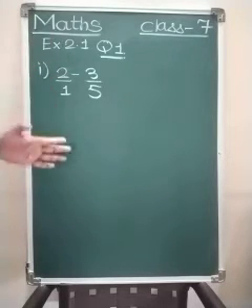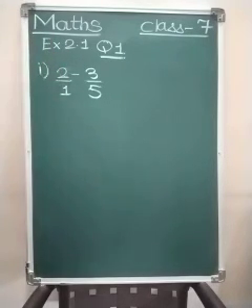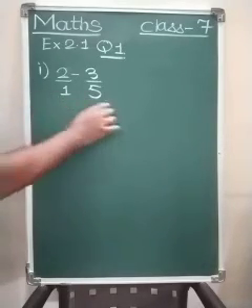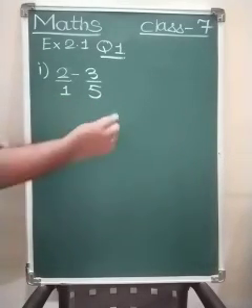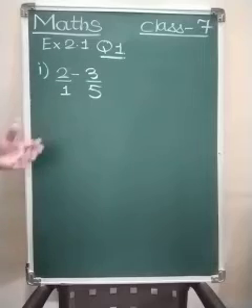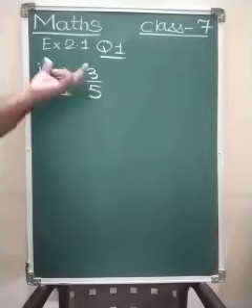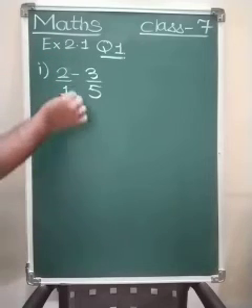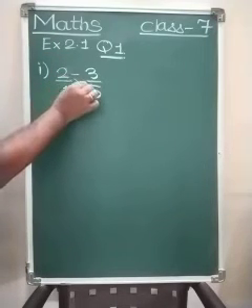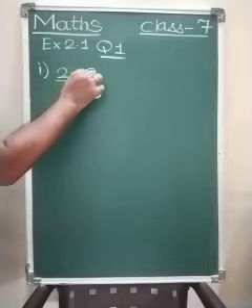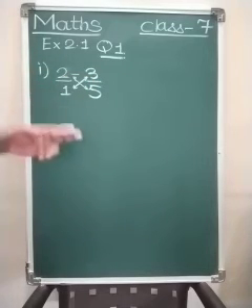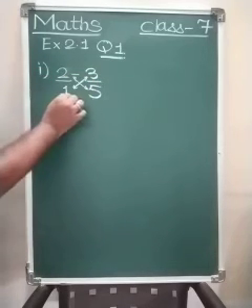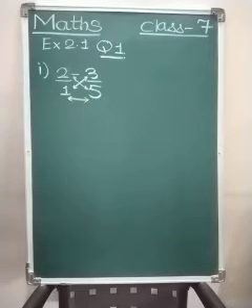Now there are two ways to solve this sum. One of the ways is that we find the LCM of the denominators, then we proceed further. Another way is, if the fraction numbers are small, then we do cross multiplication. Okay, so we will multiply this with this and this with this. This is called cross multiplication, and for the denominator we will multiply these two things. So how are we going to do this? Let us solve this.